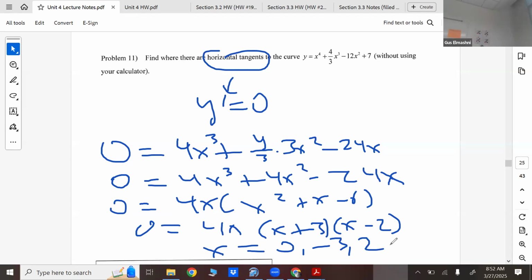Well, what does that mean in terms of the features of the graph? What's special? Not so much that, but it's going to be the highs and lows. Wouldn't it be the peaks? Because think about it, when you hit a peak, what's the slope of the tangent line there? It's horizontal, right? If you have a peak on a graph. So if I were to graph this,